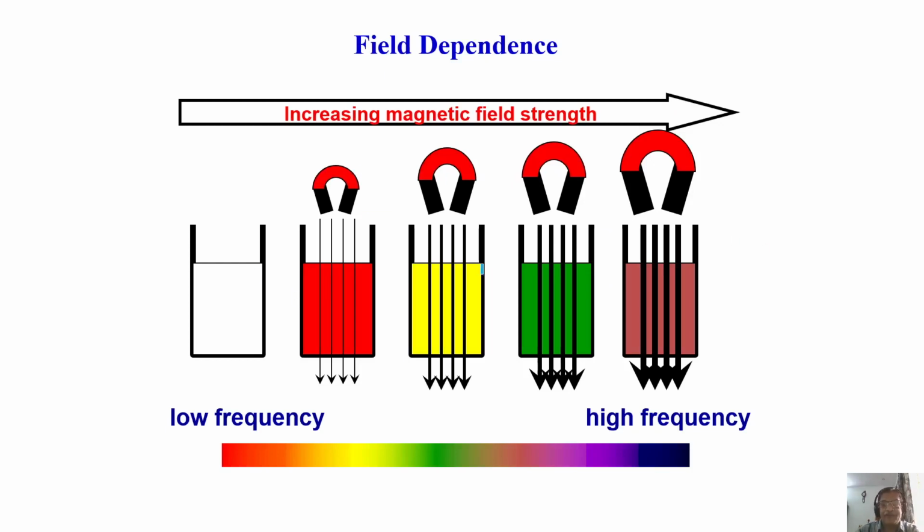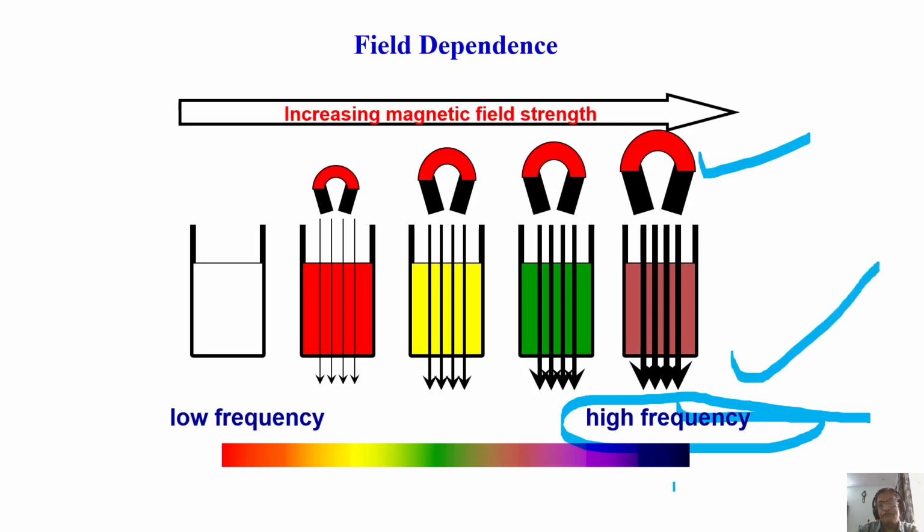So this explains this diagram, this figure. What happens as a function of increasing the magnetic field? Look at this one. Magnetic field keeps on increasing in this direction. As the magnetic field increases, look at the color getting changed. From low frequency, it is going to a higher frequency region. That means the resonance condition, nu, is increasing. You are getting higher and higher resonating frequency. As the magnetic field increases, the resonating frequency also keeps on increasing.